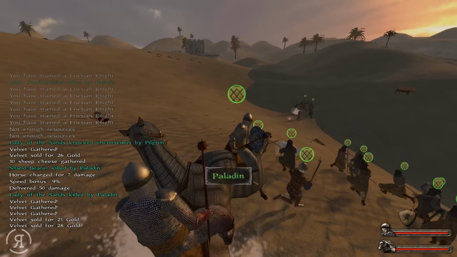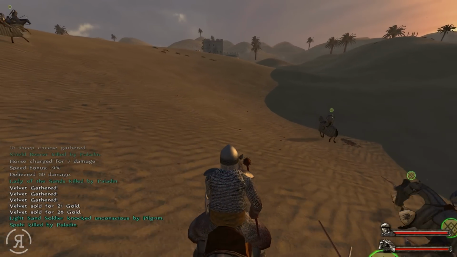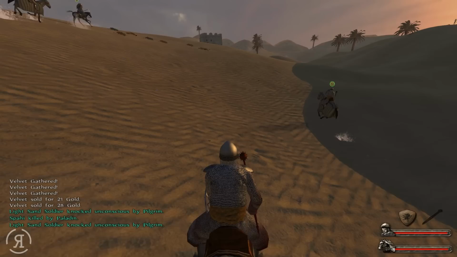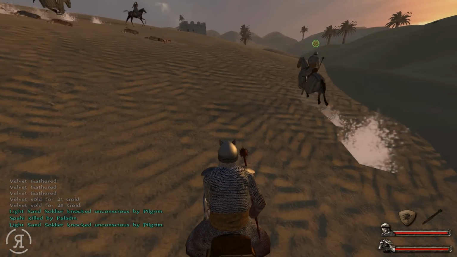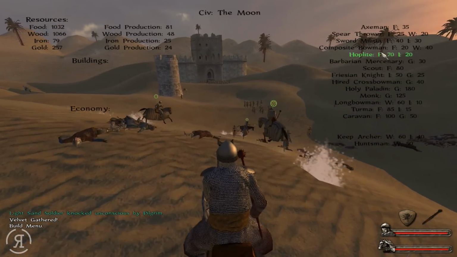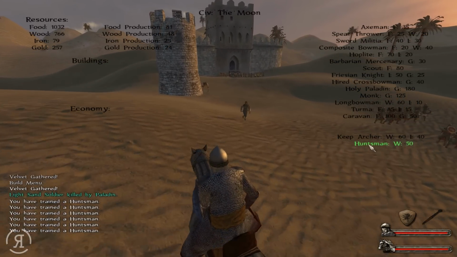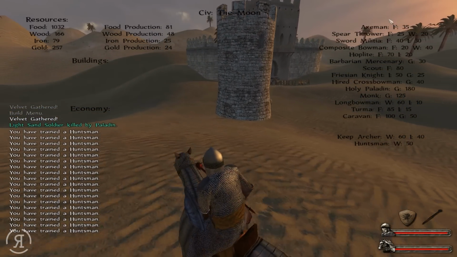That is insane. Okay, so these pilgrims are obviously going to die pretty easily, but they're actually dealing some pretty decent damage. Maybe they're not that bad. I actually didn't know how good or how bad they were, so yeah, maybe I'm going to be surprised by them. Now, I'm going to spawn some huntsmen here, because I want to try those out,